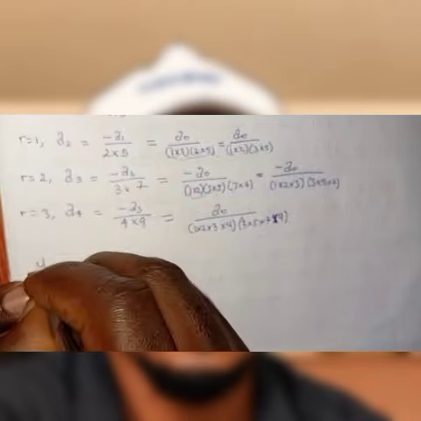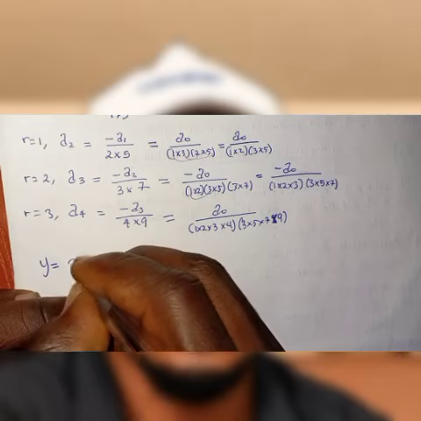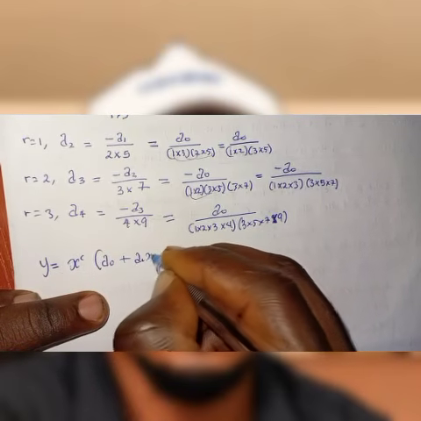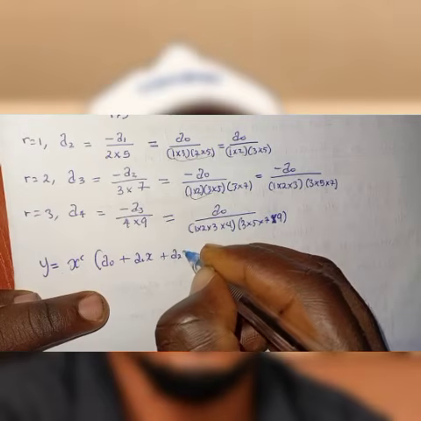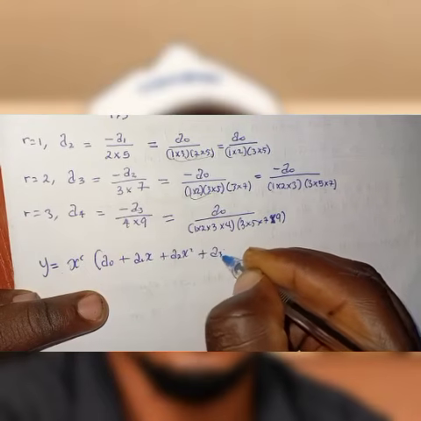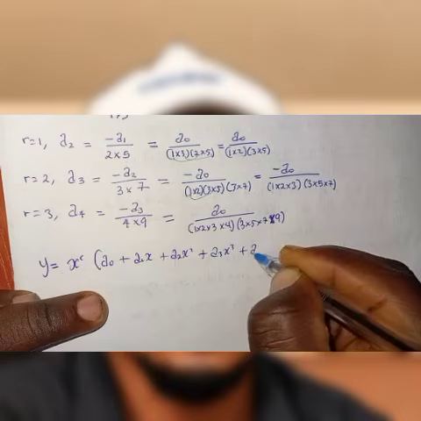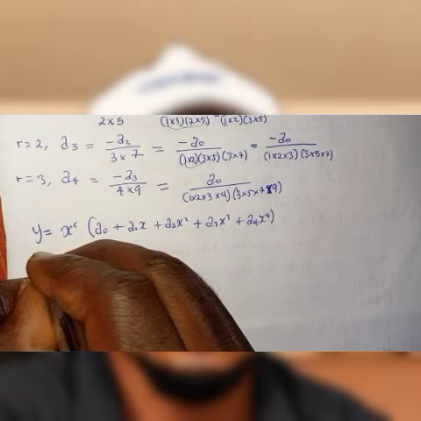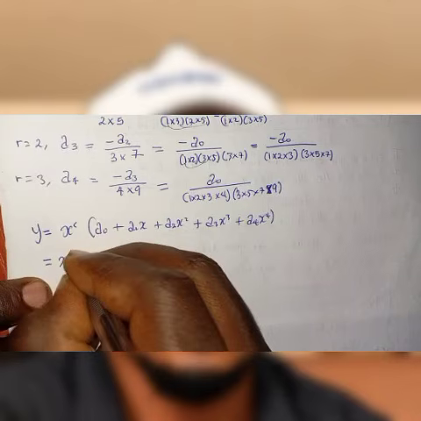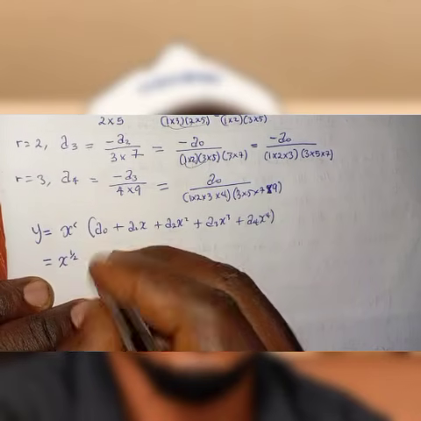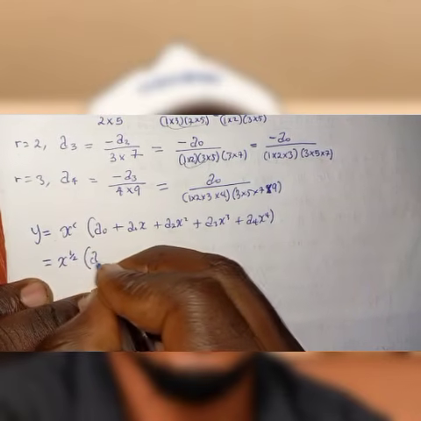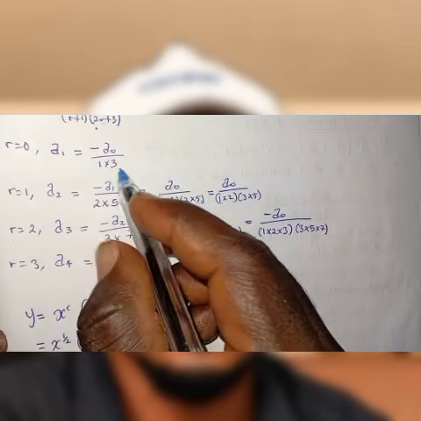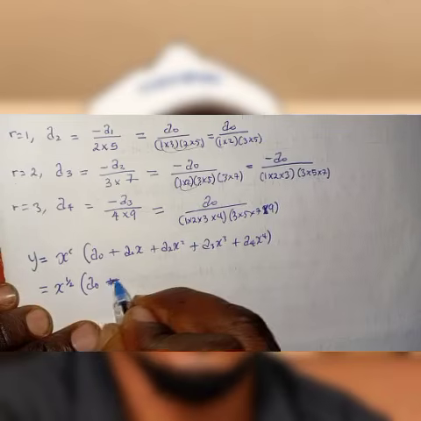So remember the equation y equals x to the power c times a naught plus a1x plus a2x squared plus a3x cubed plus a4x to the power 4. That's what you need. So now when x equals 1 over 2, when c equals 1 over 2, so we put it there. So we have a naught plus, what is a1? This is our a1. So a1 is minus. Sorry, this one's supposed to be minus